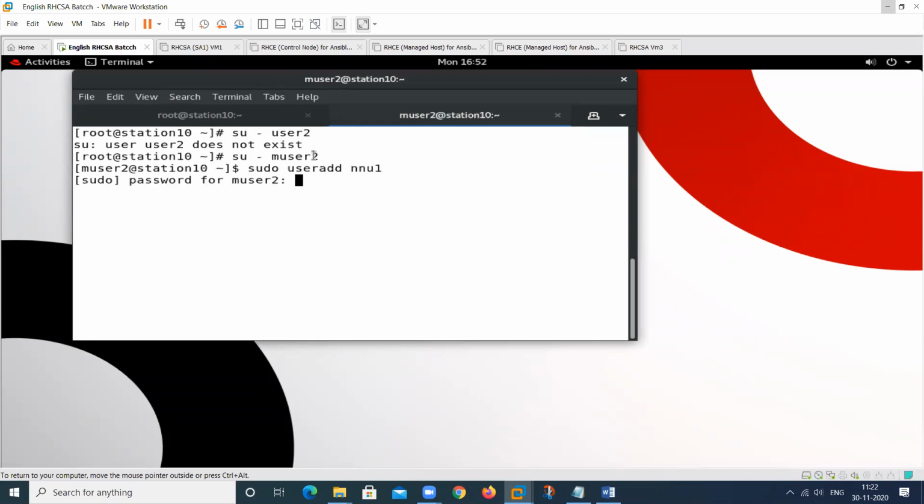See here, I have typed the password also, but it will again ask for the sudo password. It's not a long time. It is a small time, but it will ask again for this one.